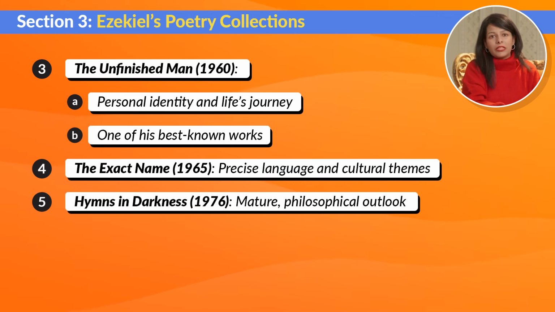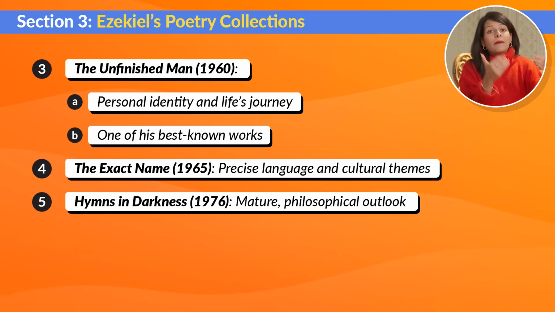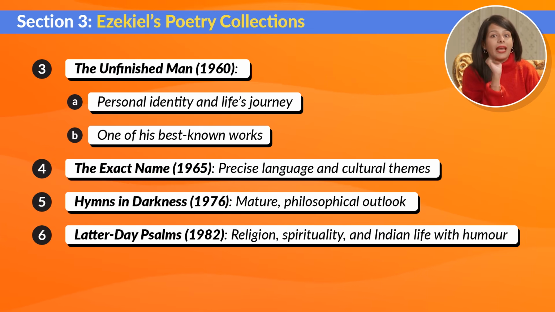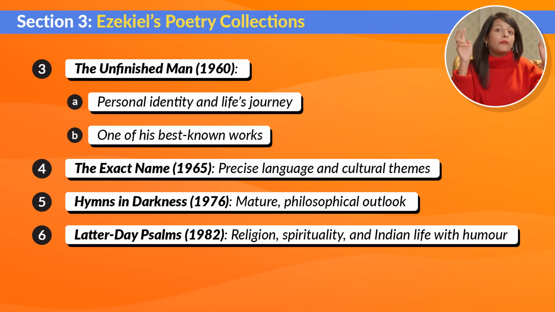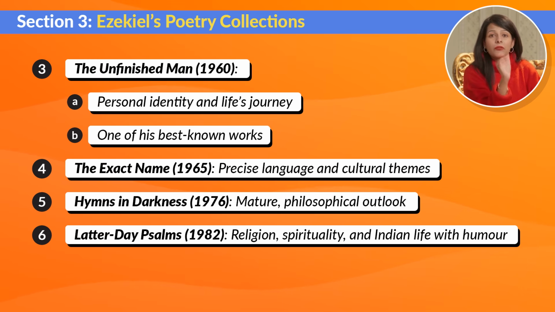Then, Hymns in Darkness was published in 1976. By this time, Ezekiel's writing had matured, showing a deeper philosophical outlook. Finally, Latter-day Psalms from 1982 reflects his later thoughts on religion, spirituality, and everyday Indian life, all with his usual